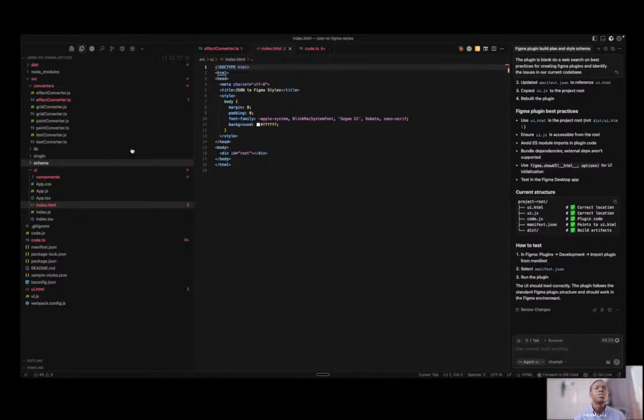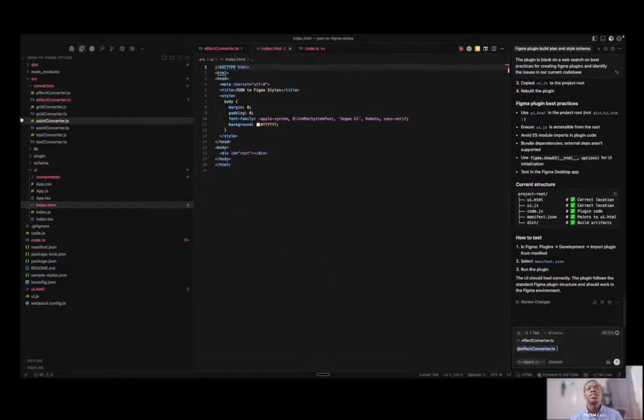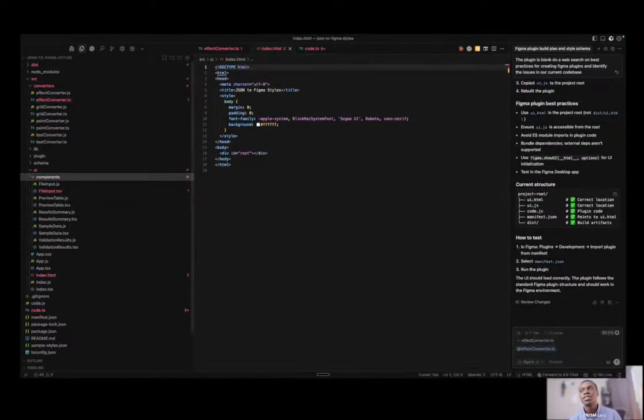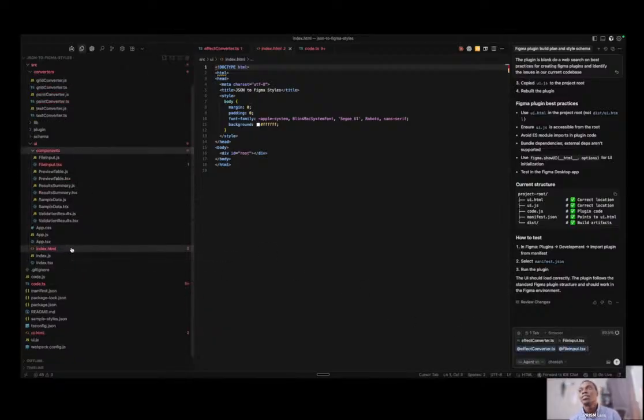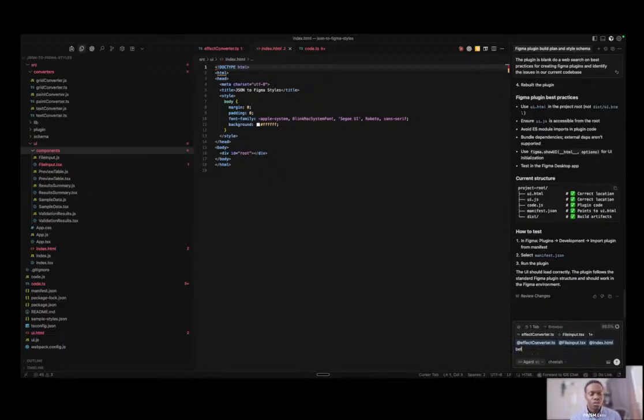Okay, so let's keep all. So I'm going to say all these, there are still errors here. So let me just, I'm just clicking and dragging. So before you look at the issues, kindly research on best practices for fixing issues in these files, and also look through the Figma